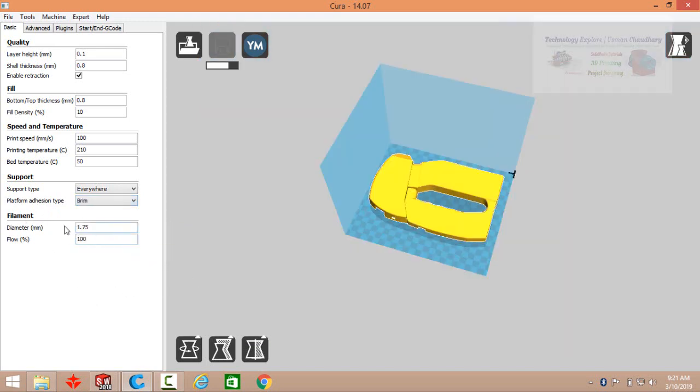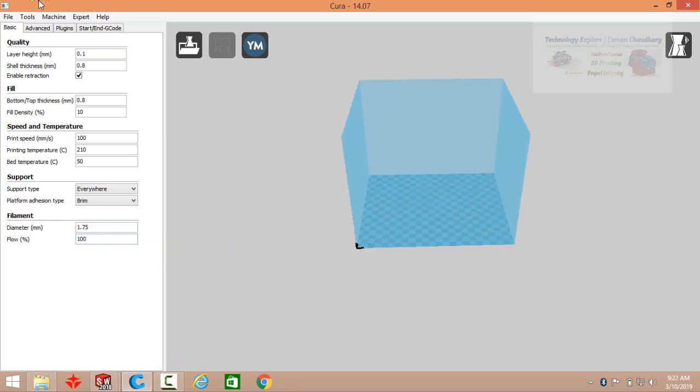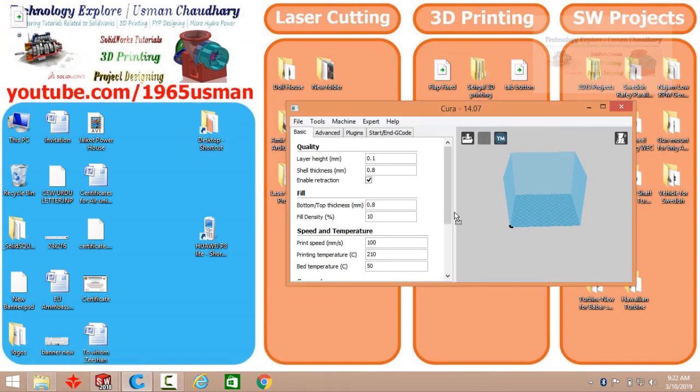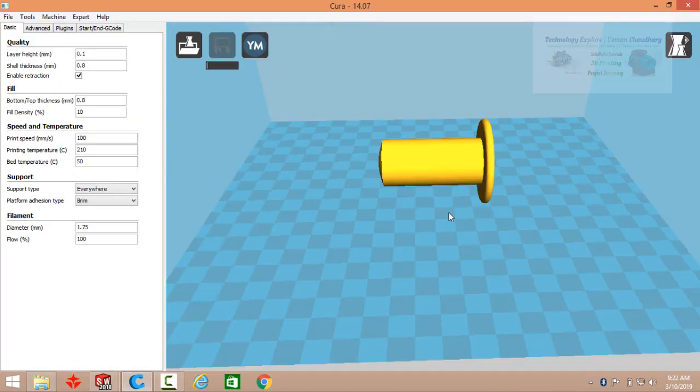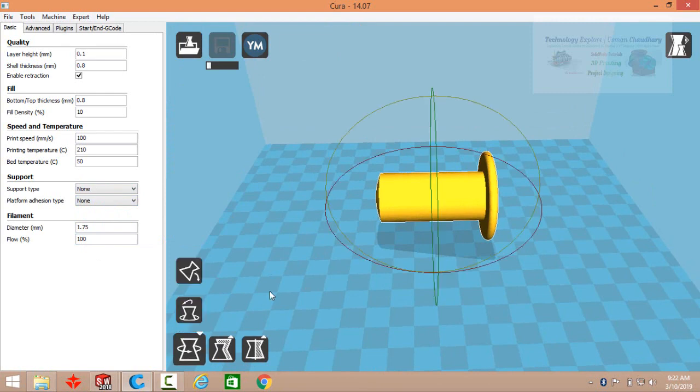So these are the filament properties, like diameter, and it is 1.75, and this is the flow in percentage. So once you have selected all the settings, like for this model I do not need any support, none, then rotate it.